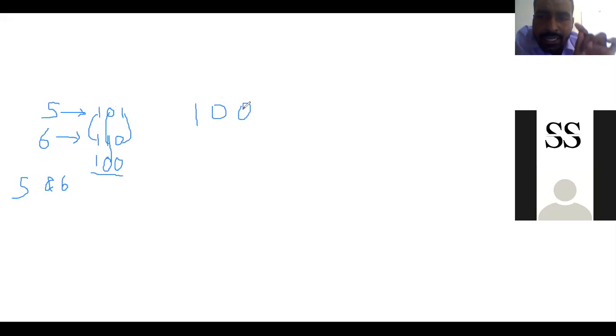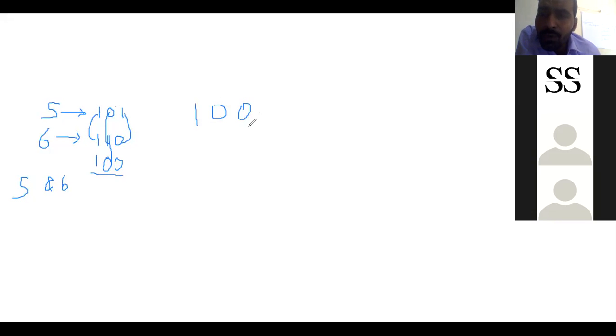Now if you find the decimal of this binary 1, 0, 0, it will be 4. How can we find it? For this 0, it is 0 into 2 power 0. So it came as 0 into 1, because any value that has the power 0 gives the result 1.